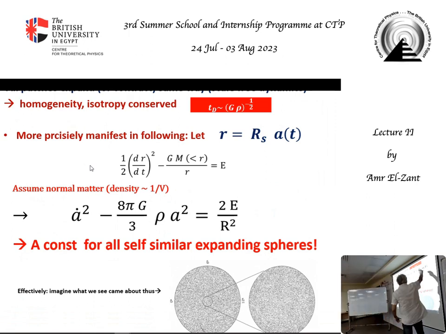This is not obvious. We are suspecting that this could be the case. This tells you the expansion is the same for any sphere. It doesn't depend on the sphere we chose. This is important. Otherwise, you cannot do any Newtonian thing or similarity. If all the spheres are expanding differently and the universe is homogeneous, they'll start getting different density, start getting into each other, and you'll start getting inhomogeneity. Why would I expect that different spheres might expand differently?